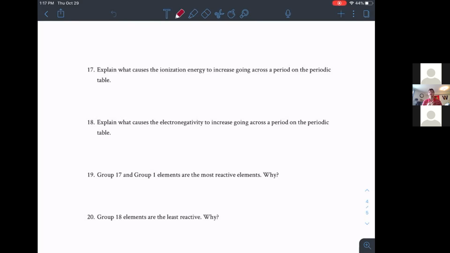So make sure you're explaining not just because it gets bigger, but give me that why would it get bigger? What causes that ionization energy to increase? What causes that electronegativity to increase? Not just it increases because it's getting bigger. Do you guys have any questions about what